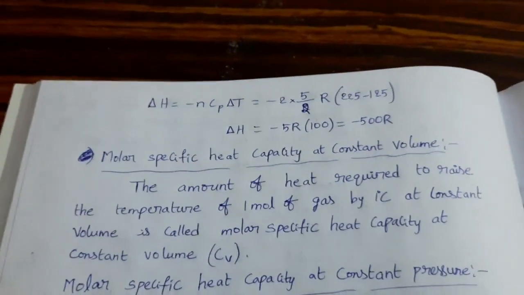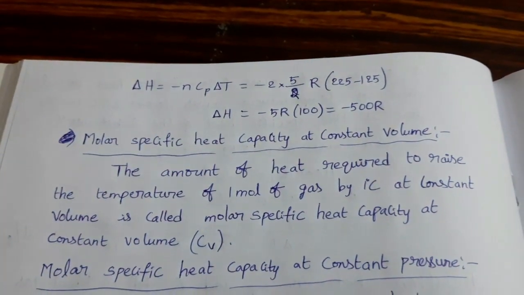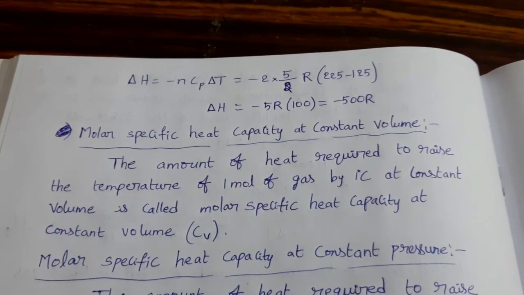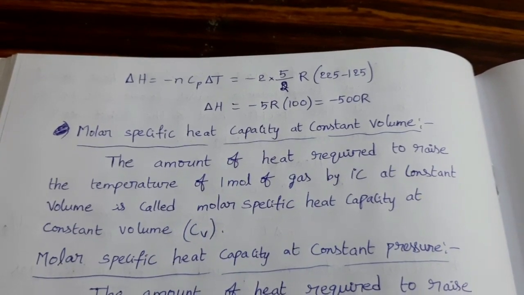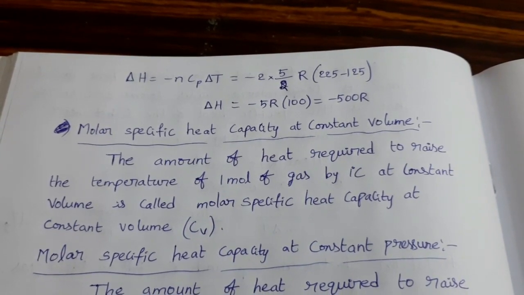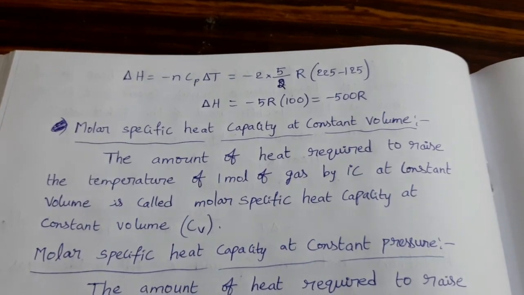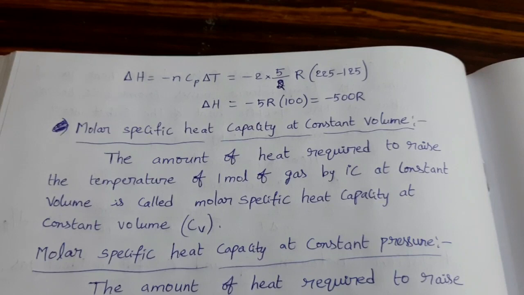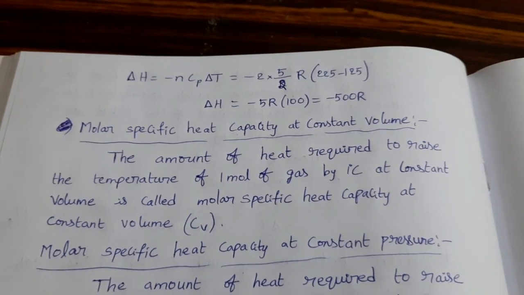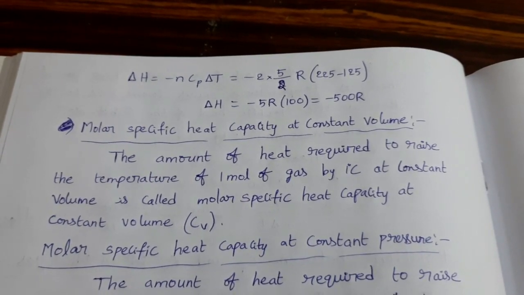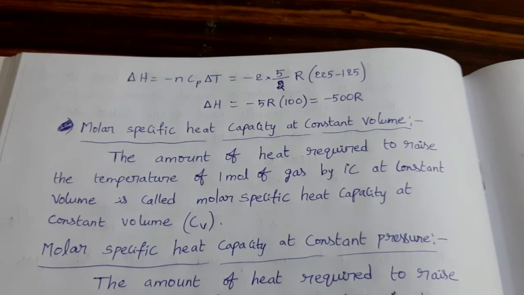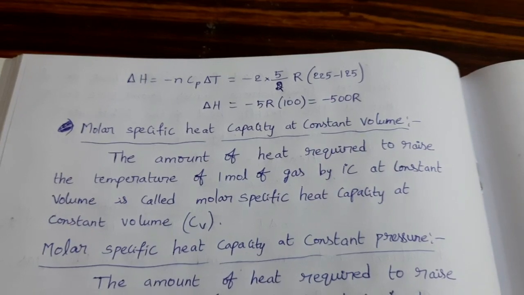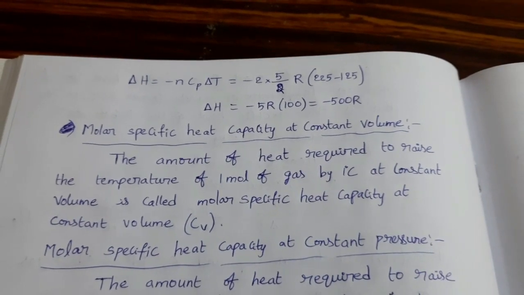Listen carefully. Molar specific heat capacity at constant volume. See the definition. The amount of heat required to raise the temperature of 1 mole of gas by 1 degree Celsius at constant volume. Take 1 mole of the substance. If we want to raise its temperature by 1 degree Celsius, the required heat energy is called molar specific heat capacity at constant volume, represented by Cv. Next,